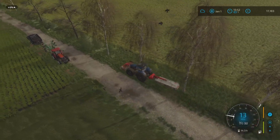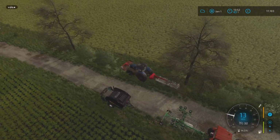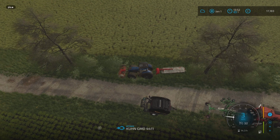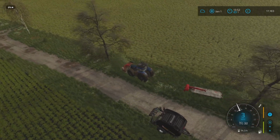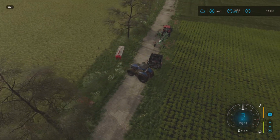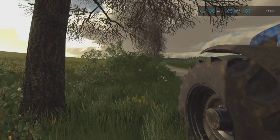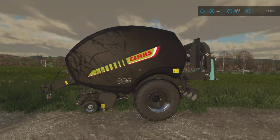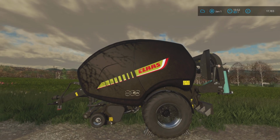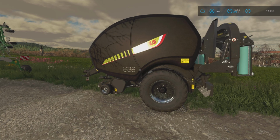We'll stop that. Where should we stop that? I don't want to go too near. There we go. We'll put that there. In fact, let's dump off mowers, etc. now. And we'll kind of get ourselves in position. Oh yeah, the baler. I don't know if some of you have just spotted it. Just picked it up and I noticed it's got the Claas logo on there. Now when we bought that, I went for Giants, but this did have an update, so I did update it,